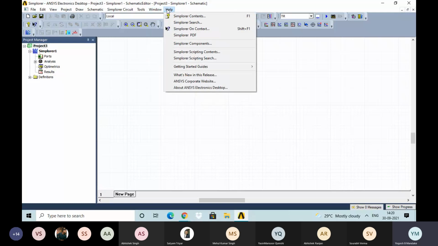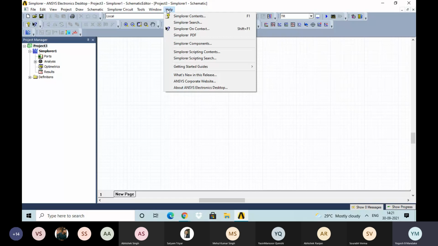And this is a main important point, because right now you are going to introduce yourself to the new software. So there is always one trick, whenever you are going to study any new software, make sure that you go through the help manual. In the help manual, they have given the step-by-step procedure and information about the software. Like suppose I have given the experiment number 1, you can try from your side. Actually I have not checked, but you can try from your side under the help manual whether they have given the information about the software.